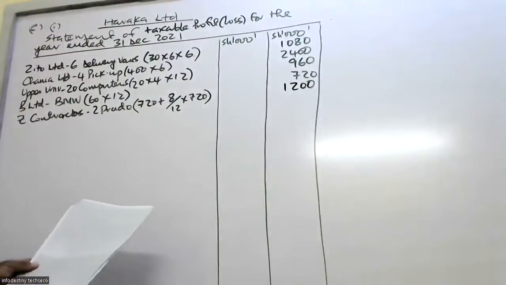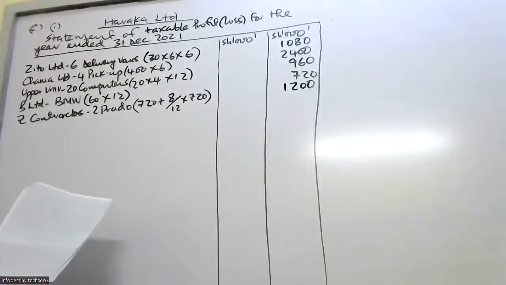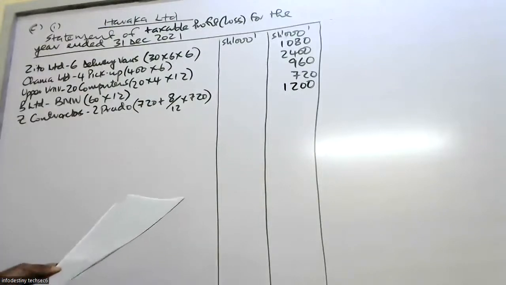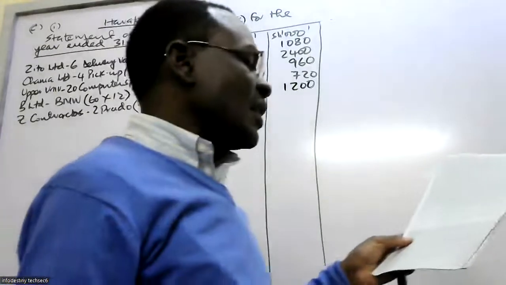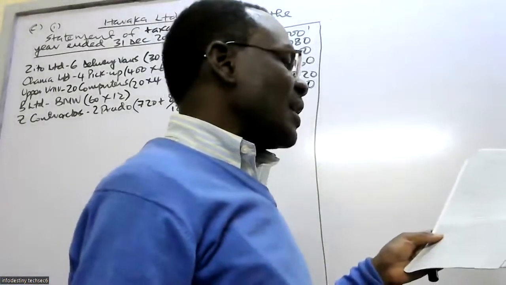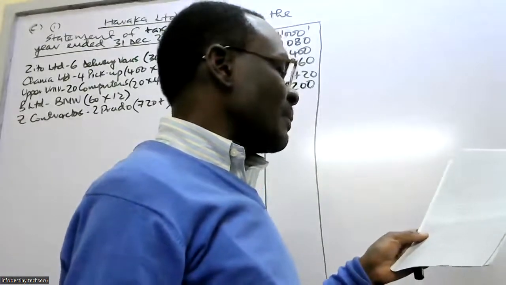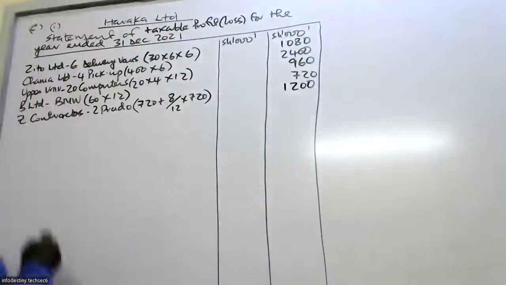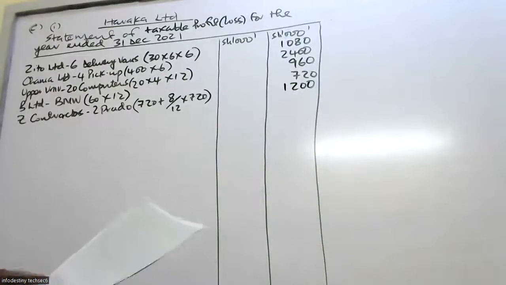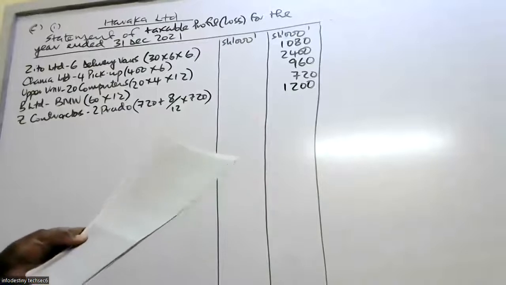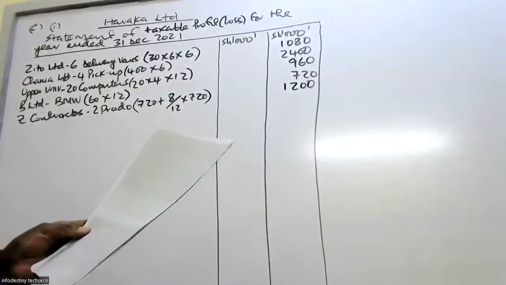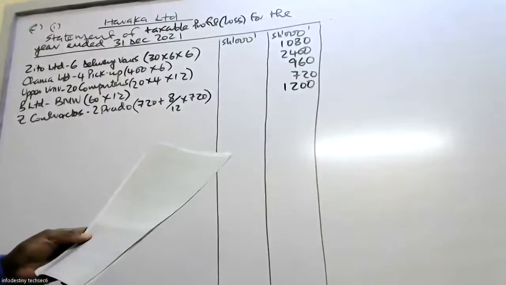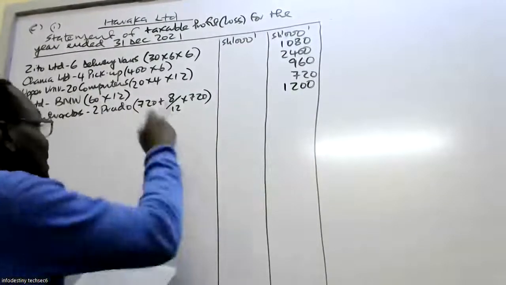The delivery vans to Zito were returned. So Zito was the first one. The 6 delivery vans to Zito Limited were returned upon lease expiry, and Haraka Limited leased them to Sokoni Supermarket for 4 months. So yes. Should it be 8? Yeah, 8, yes. The date of payment should not confuse you. They might have paid on 30th June, but they paid for 8 months because they failed to pay for 4 out of 12. So it means they paid 8.